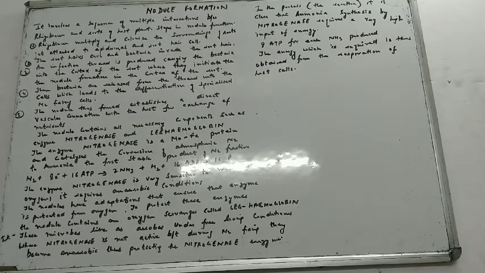What happens in the third step now? An infection thread is produced. A thread-like structure is produced, which is called the infection thread. This infection thread carries the bacteria into the cortex of the root. Earlier it was in the epidermis of the roots. Now, through this thread-like structure, the bacteria go from the epidermal cells, the outer cells, to the cortex of the root. And here they initiate the nodule formation in the cortex. So though they started with the attachment to the epidermal cells, the formation of the nodule actually started when the bacteria reached the cortex of the roots.